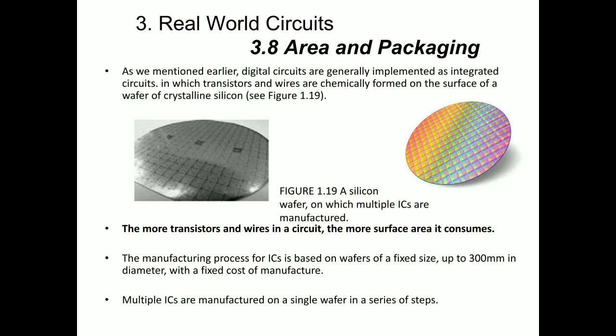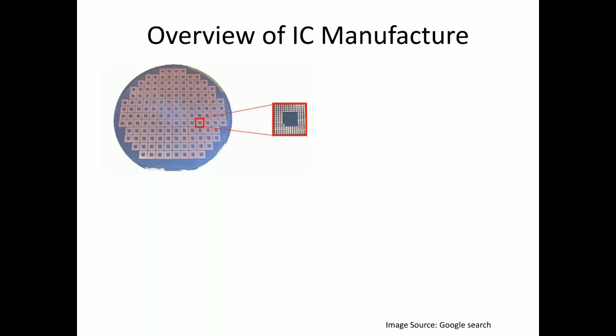How can we reduce the IC size? By reducing the transistor size. If we reduce the transistor size, then whatever the number of transistors, there will not be much increase in the integrated circuit area. This way we can reduce the IC circuit area, so we can save the cost. We'll take an example. Before that we will see the IC manufacturing process overview. We will not go into depth of IC manufacture, just an overview.